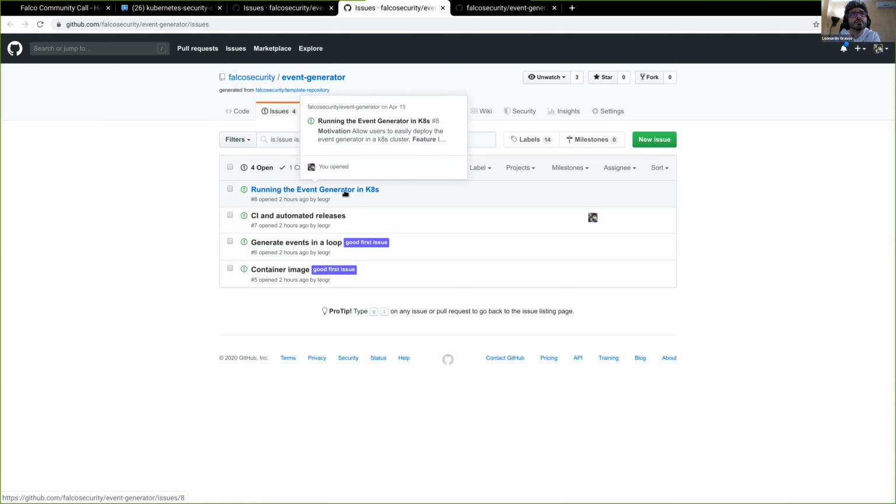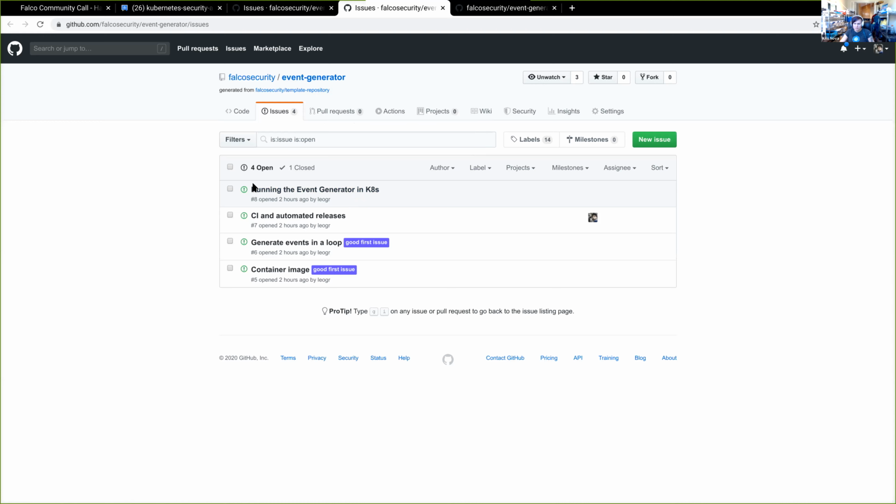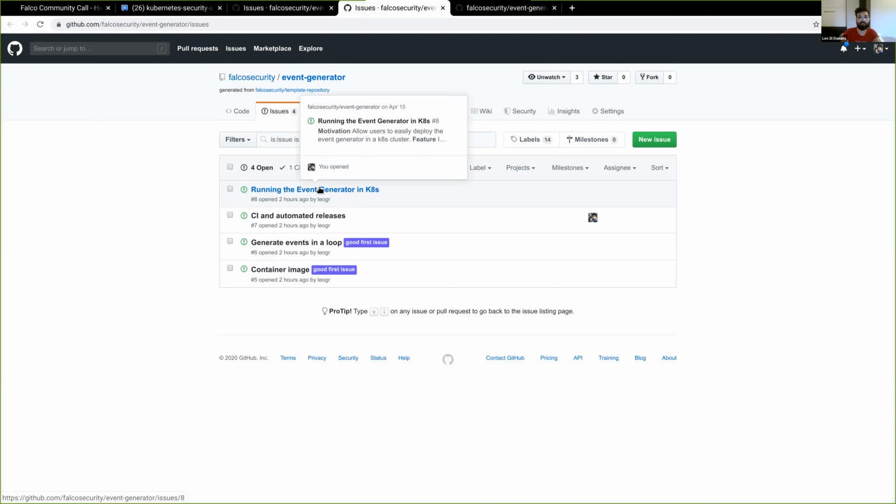I think this is just another way to use the event generator that may be useful only for the Kubernetes audit. Not for everything, because of course, for some events you need to be sudo or a privileged container.